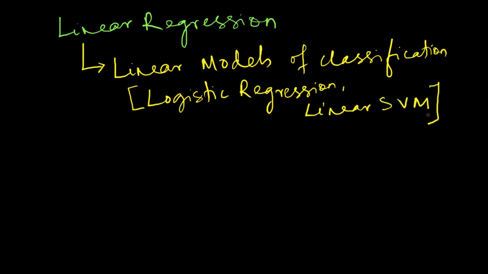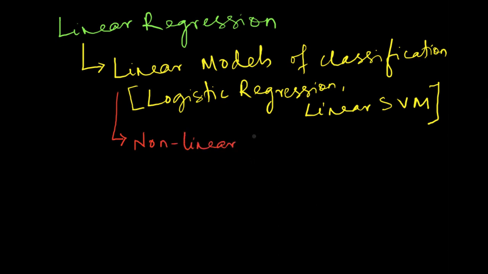Although logistic regression has the word regression in it, it is basically a classification algorithm. And SVM stands for support vector machines. They are again a very powerful set of algorithms for doing classification, which we are going to see in the course. Moving on from linear models of classification,